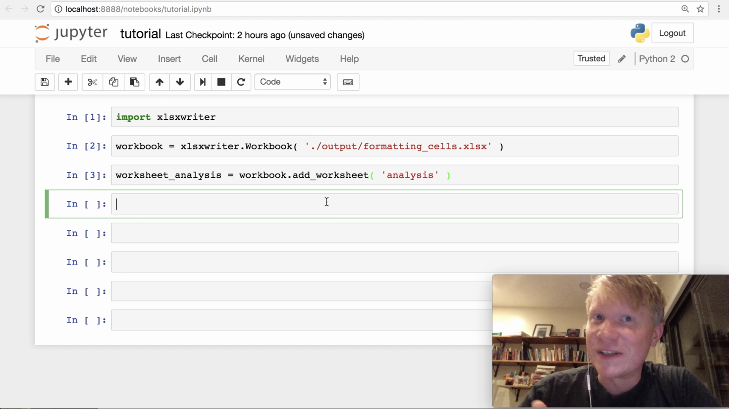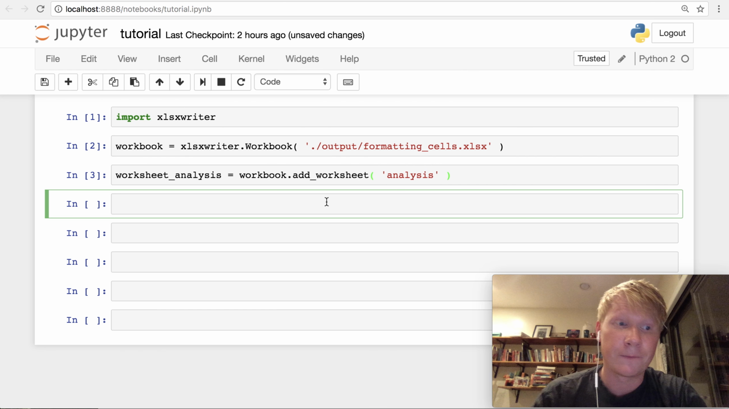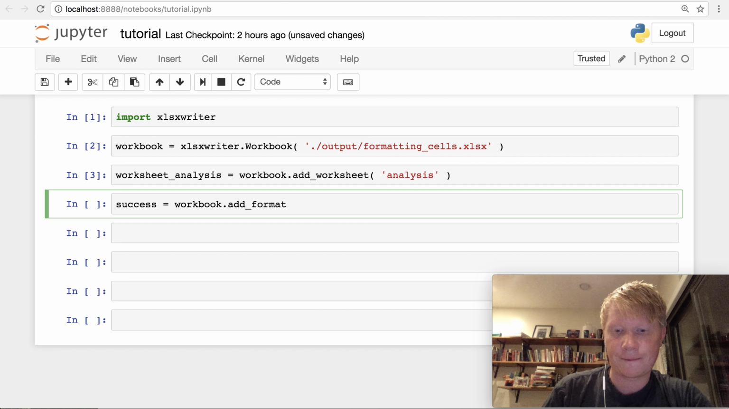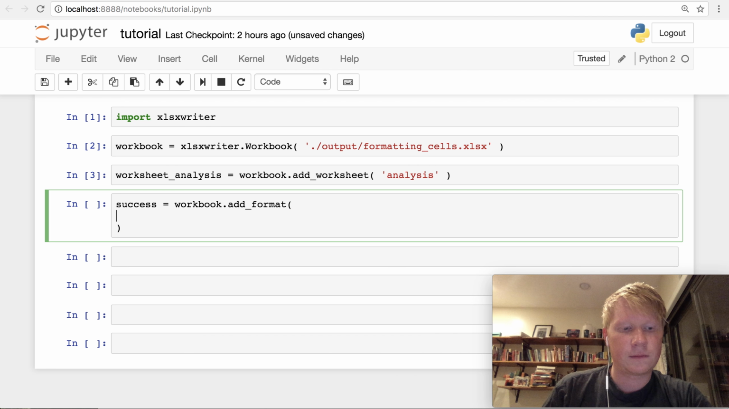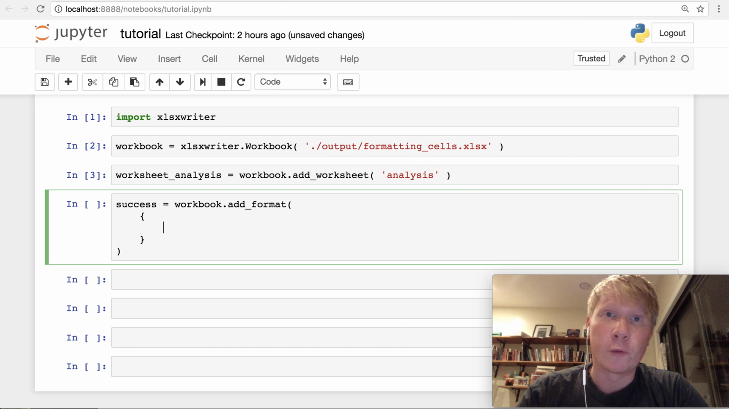And now we're going to introduce the new thing, which is a format. Formats are objects that we associate with the workbook, and we can then use these formats when we write data to the sheets in our workbook. So I'm going to create a success format. So I'm calling the add format function on the workbook, and now I need to pass it the characteristics of